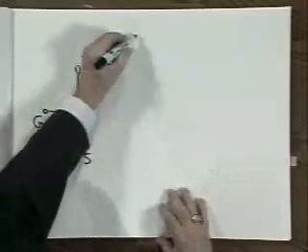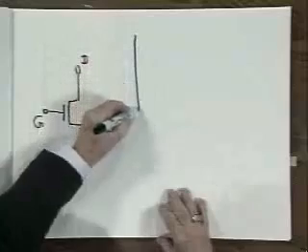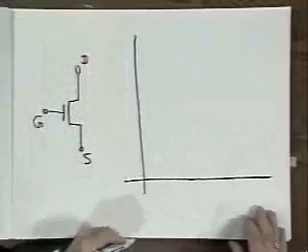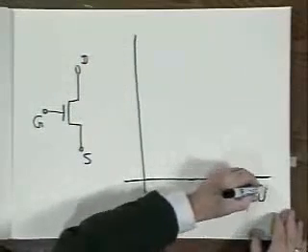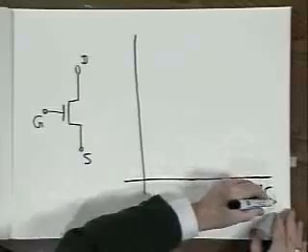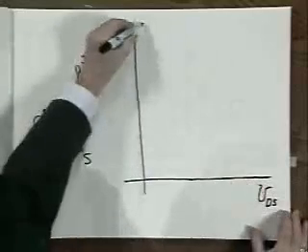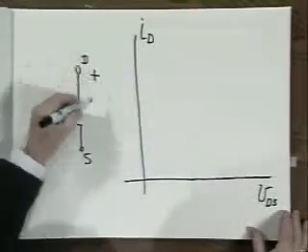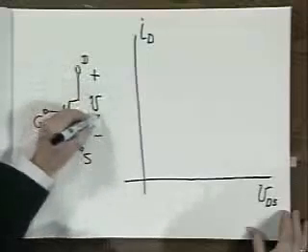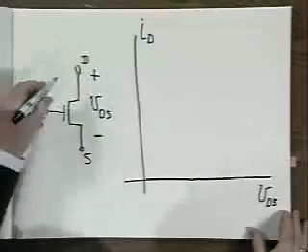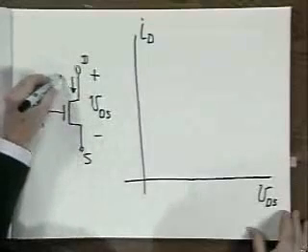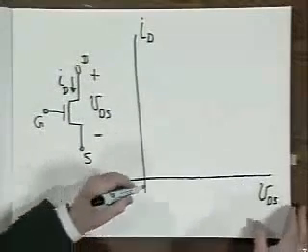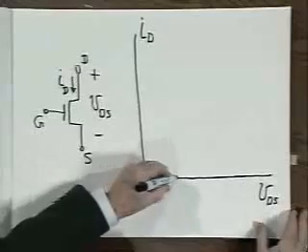We're more interested here in the complete characteristics of the device. And if we plot drain to source voltage and drain current, where this is the drain to source voltage and this is the drain current, if we plot those characteristics, we get a family of curves